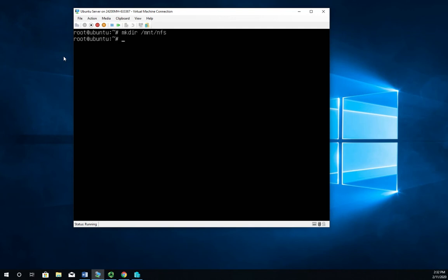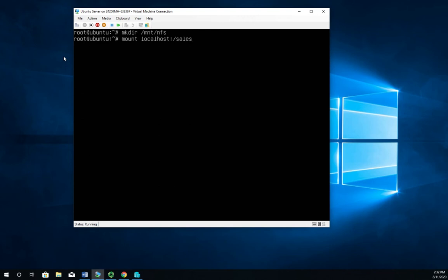Now, I want to mount this using my mount command. So I'm going to mount localhost as my server, :/sales. Now I don't have to do /nfs/sales because I have /nfs already put in by that first entry